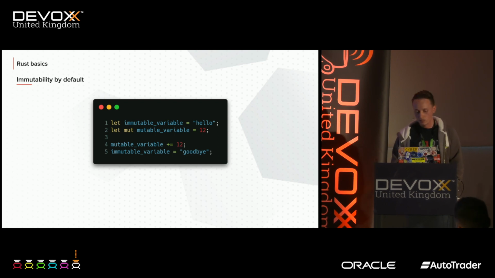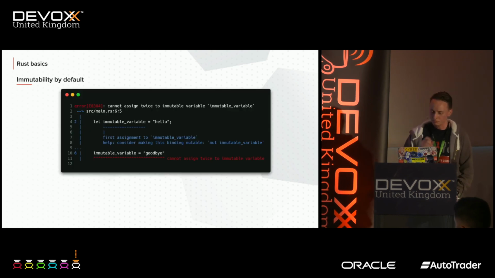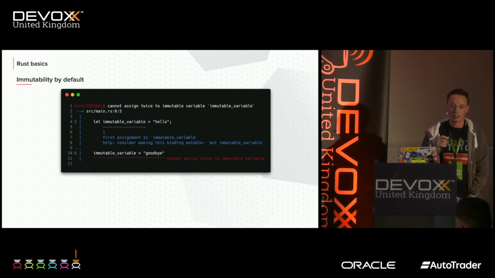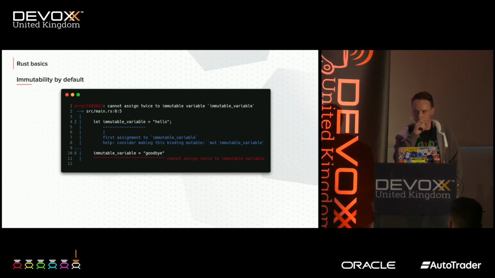If I try to compile this program, what I'm going to get is this error here. Now, I talked a little bit about how good the tooling in Rust is, and this is a really good early example of that. It's not just giving us an error message on an individual line like most compilers would, saying this error has occurred on this line.